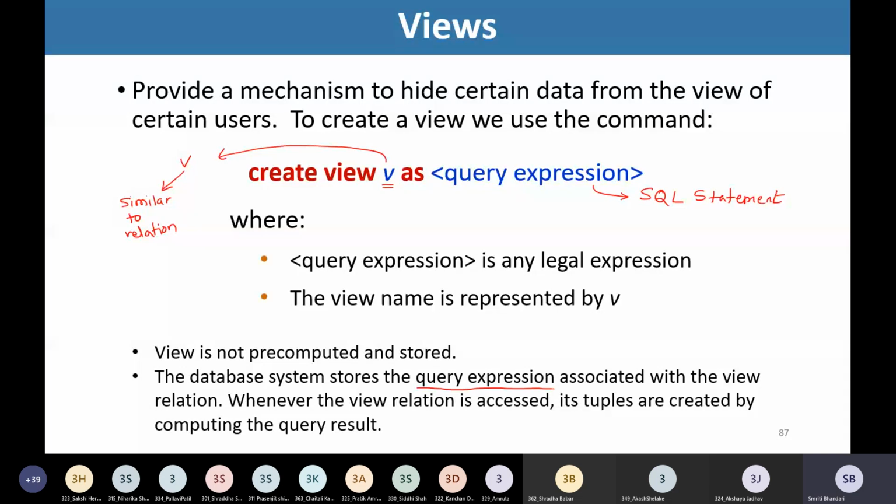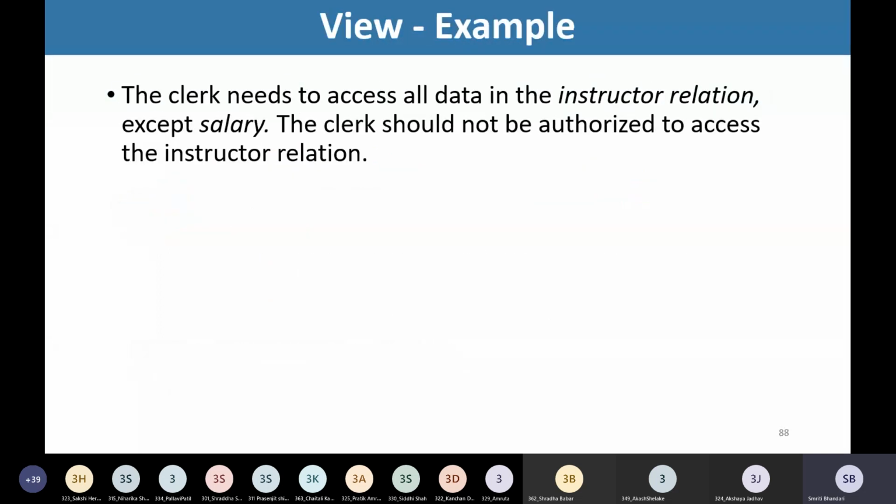But while writing the queries in SQL, the views are treated as good as these are the relations. So let's see the example. Suppose the clerk in our university schema needs to access all data in the instructor relation except salary, and the clerk should not be authorized to access the instructor relation.